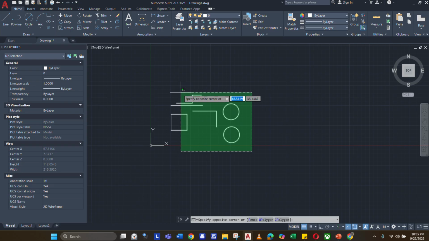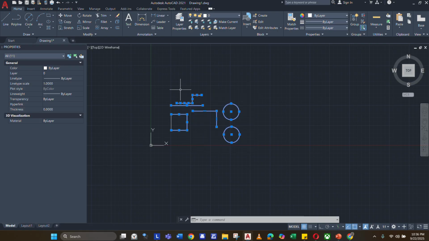Because there are two kinds of selection of the object. With this green one, anything it touches is already part of what you will select. Like this one, I left out a part of the square and a part of the line, but it still selected the whole thing.